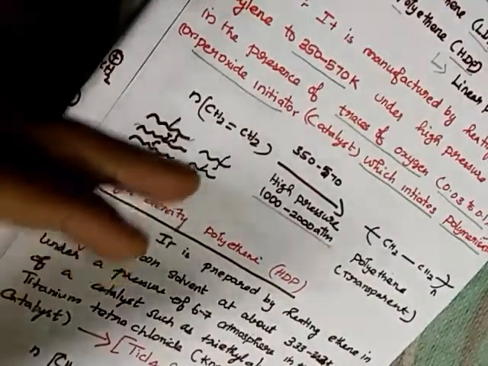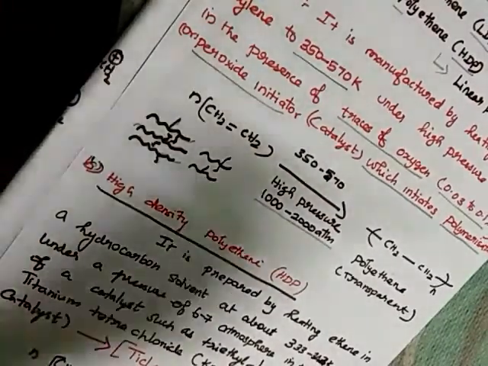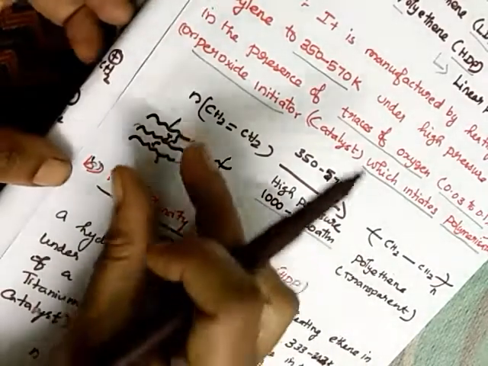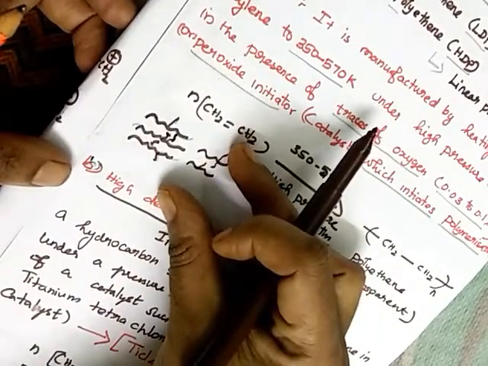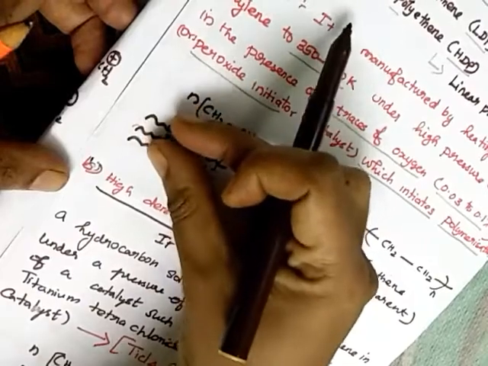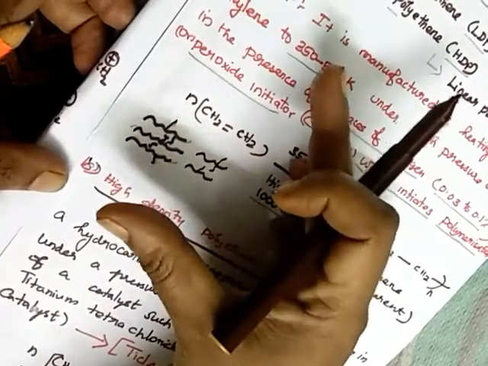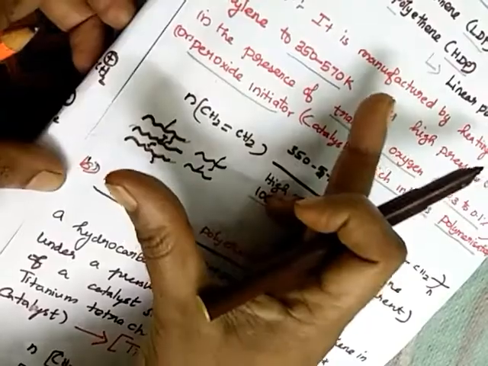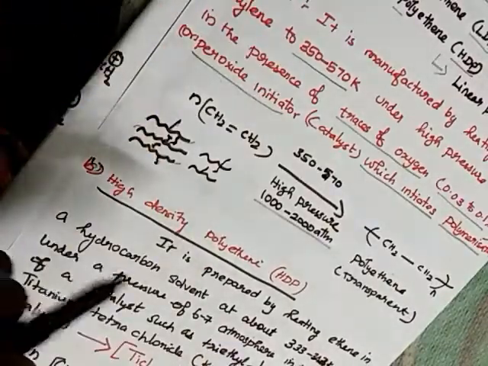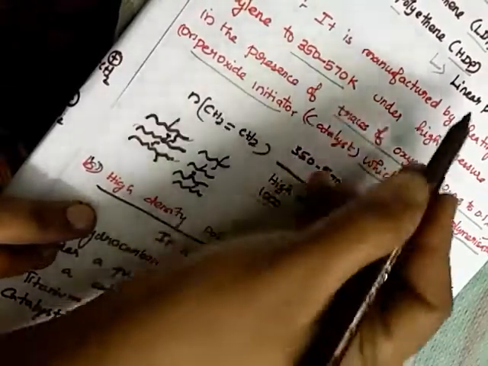When they try to come closer, because of the electrons present in the branched chains, they hate each other, so they move far away from one another. Instead of this arrangement, they move far apart, so they occupy much more space, more volume. But what will happen to the density? They are less dense, because they are not accumulating in one place. They move far away from one another, so automatically they are less dense than HDP.